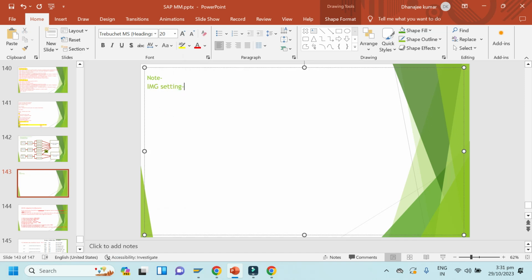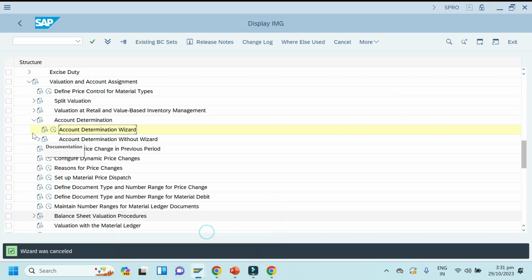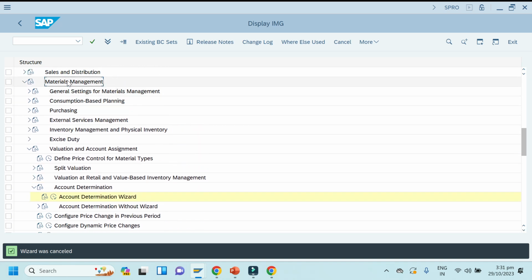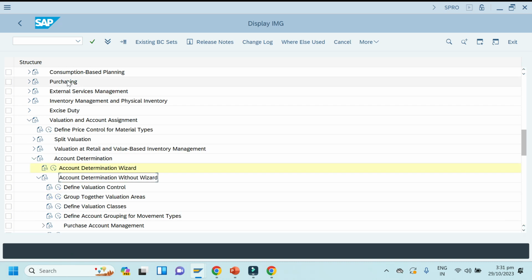Okay, so SPRO, note it down. SPRO, material management, valuation and account assignment, account determination, then account determination without wizard, then define valuation control.